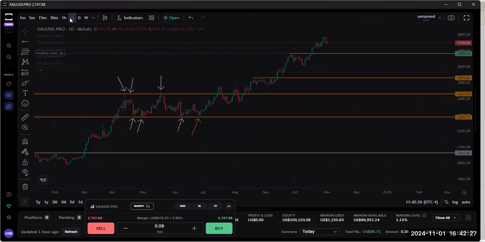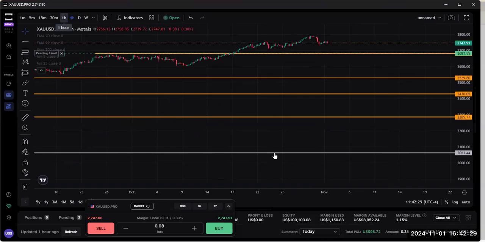On the 4-hour, we'll probably find more areas. So now that we've come on the 4-hour, can you see that this last one that we identified, every time price came close to it, it was rejecting it, it didn't let it go until it finally broke above it. And now we're currently above this. So if we were to try and identify some 4-hour support and resistance lines,